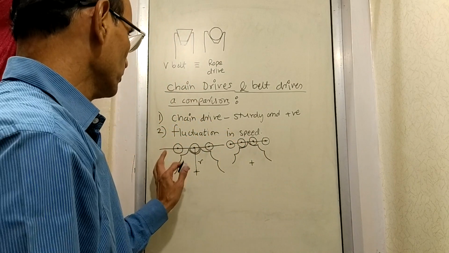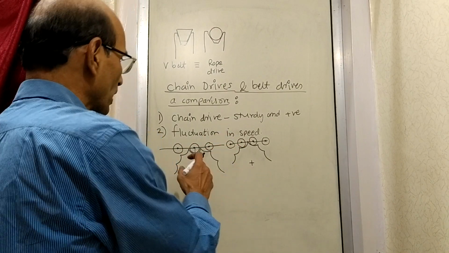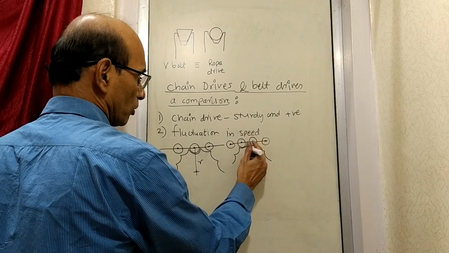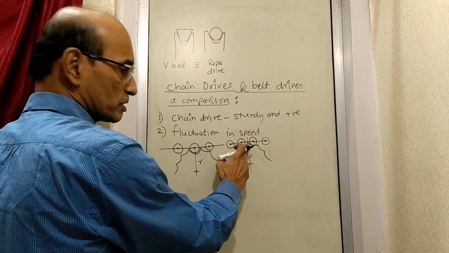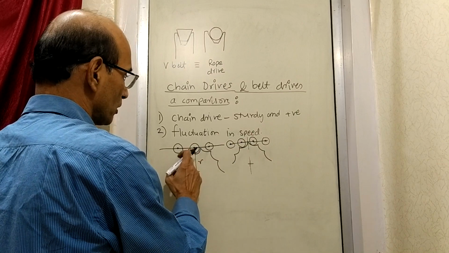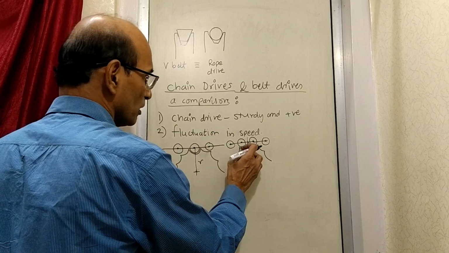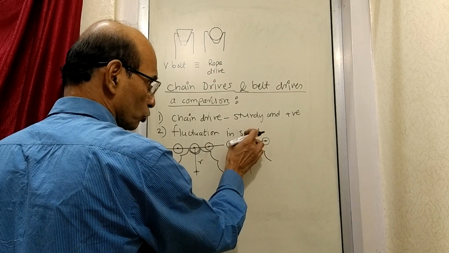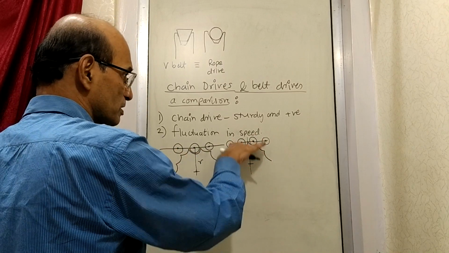Now I draw the same condition but in a slightly different position. Now what happens? The center of the tooth is above the center line. The tooth is above the center line, and these grooves: here the groove was exactly above the center line, but here the two grooves are on two sides of the center line, and the single tooth is exactly above. Now if you compare this condition, the chain has come down.